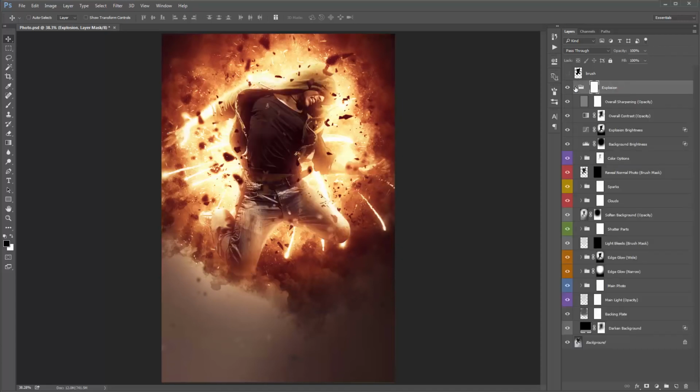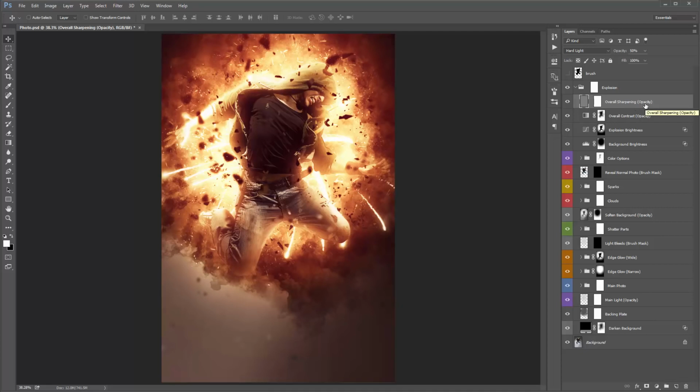Okay, so I'll start from the top. I'll just go down from the top to the bottom, talk about all the layers. So this top one here, it just adds a little bit of fine sharpening over your design. Okay, and any layer where I've got brackets opacity, I'm basically telling you to experiment with that